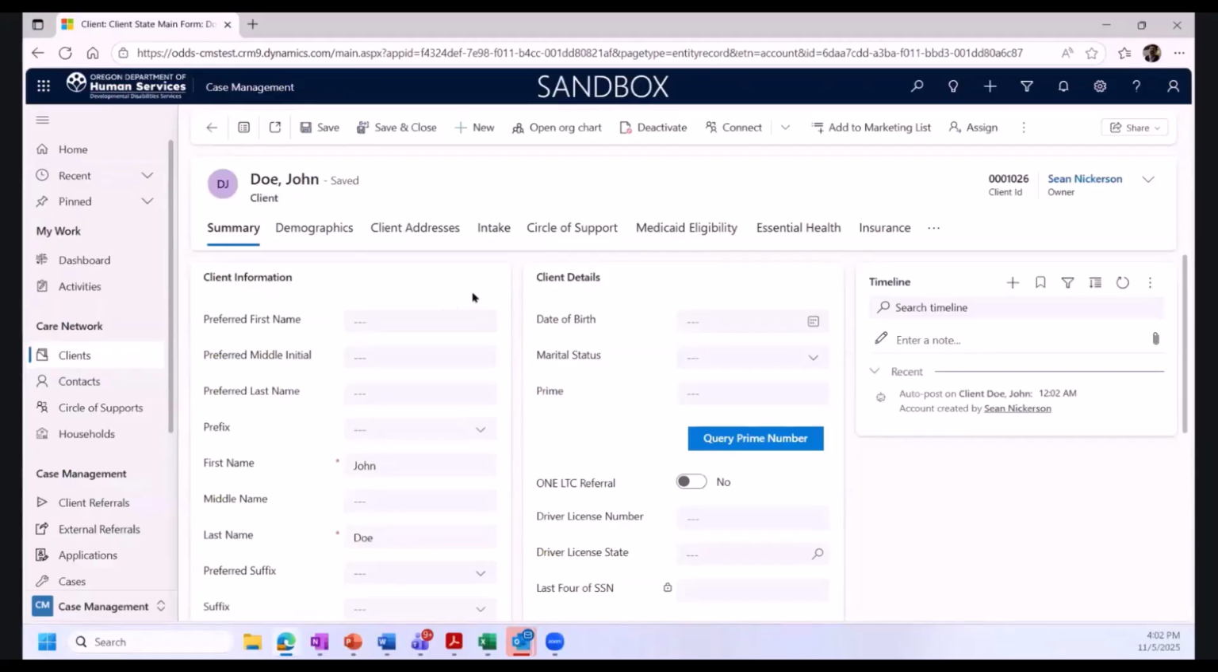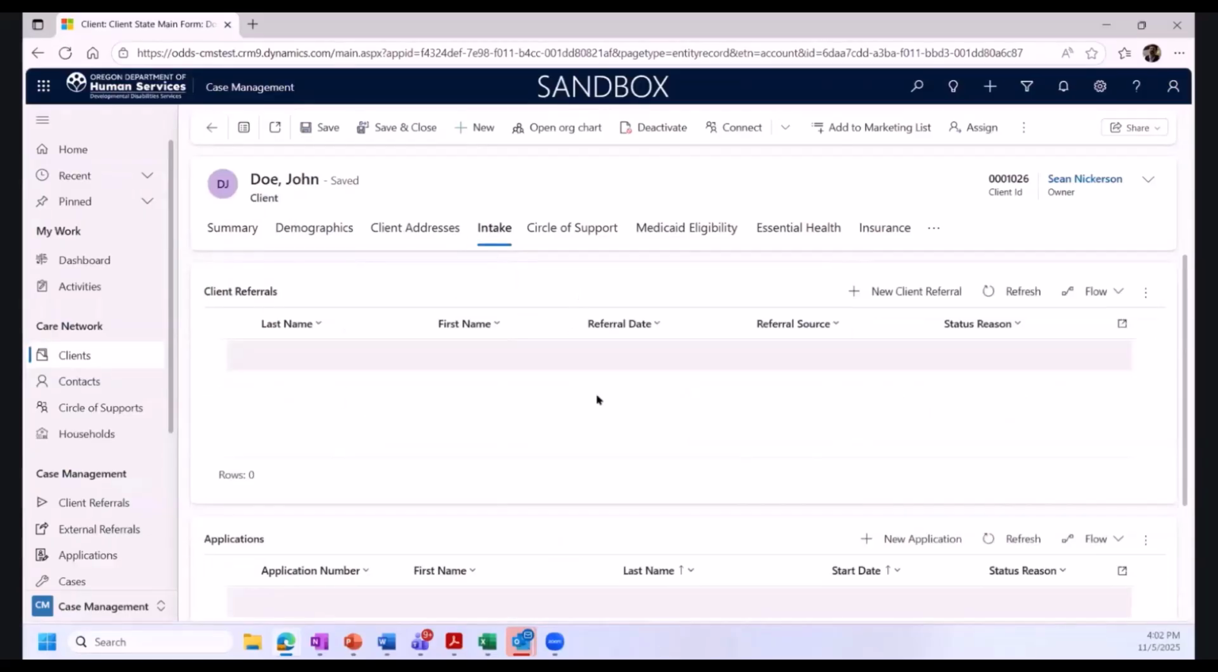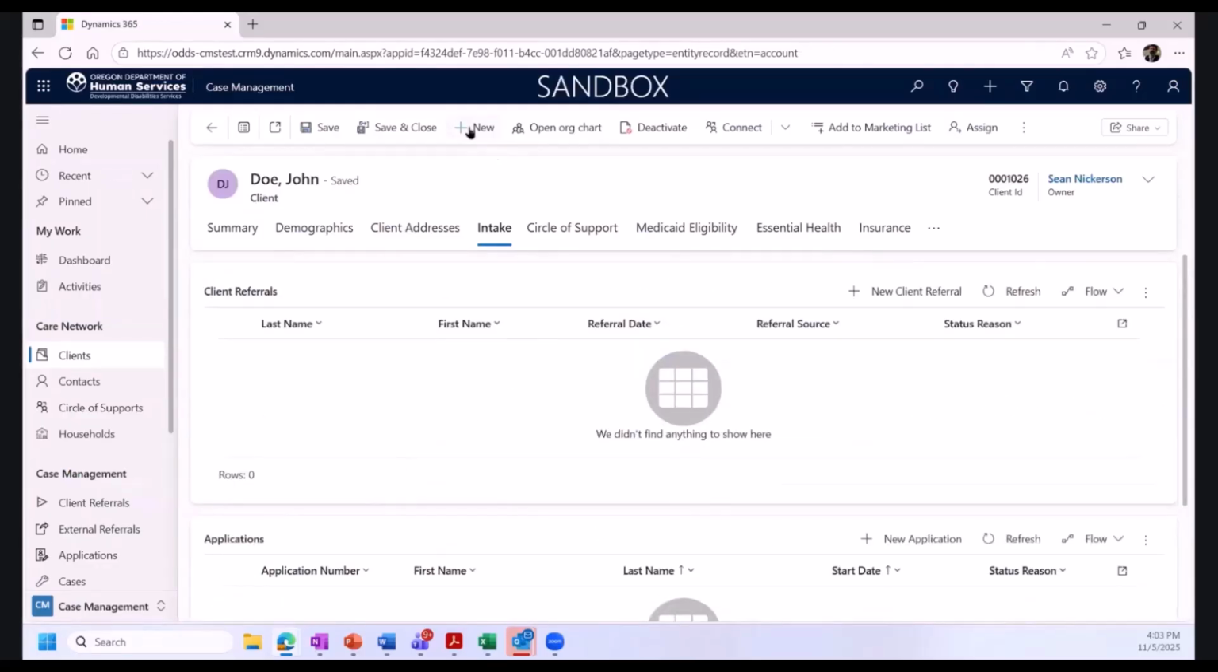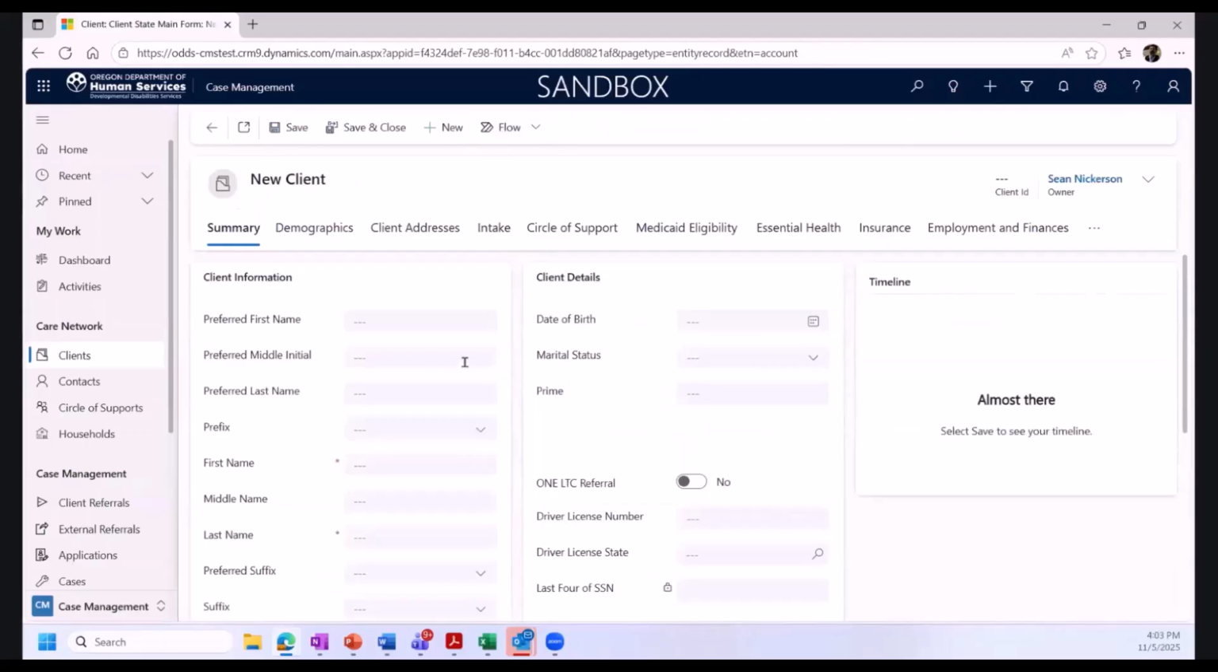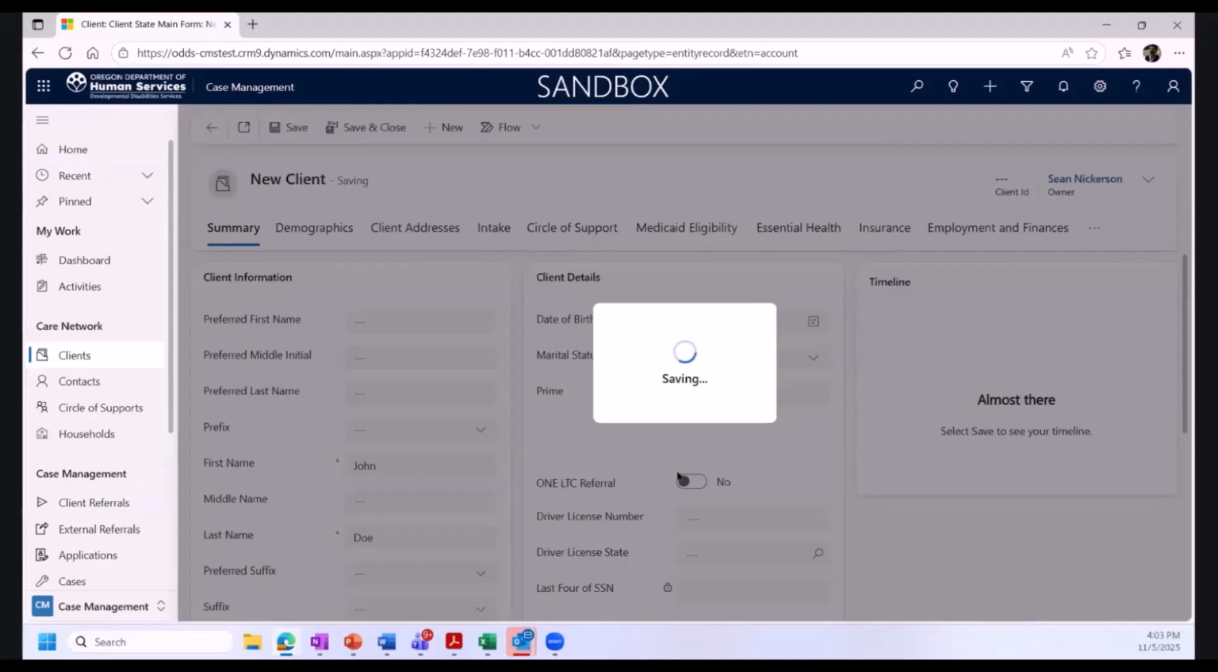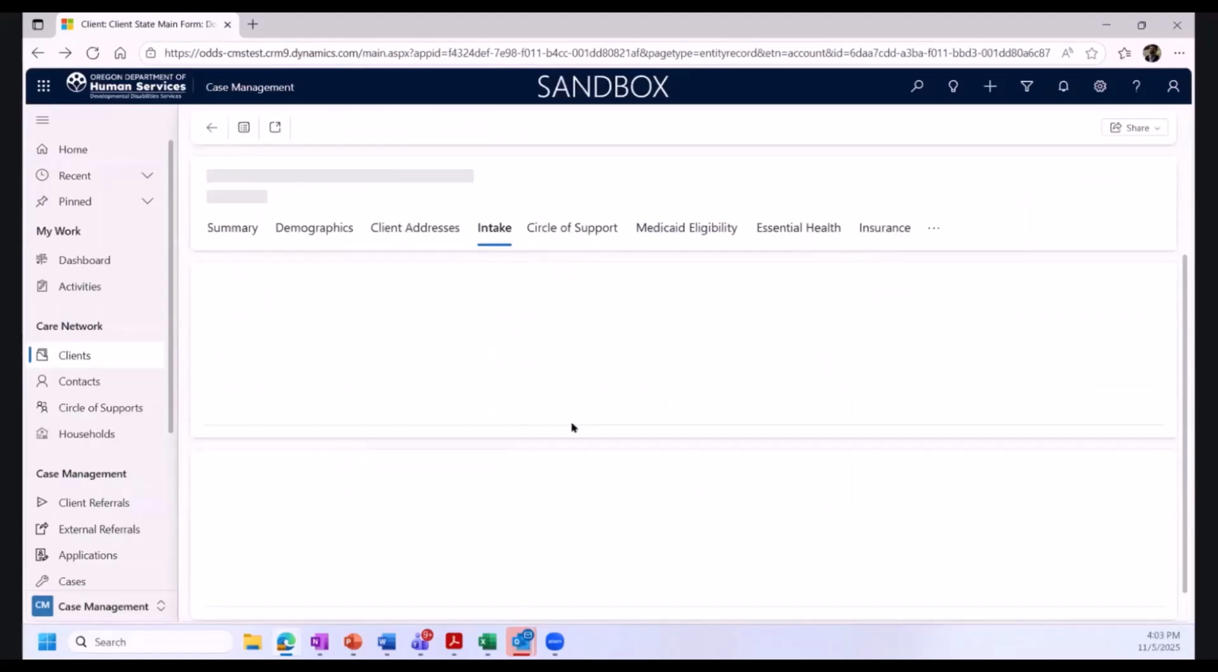So what I'll want to do is an intake for this individual. To be able to do an intake, I would have to go ahead and say new. I want to do a new intake. And I would want to say that I'm applying this guy's name, John, like I already did. Last name, Doe, I already did. I save and close. And then what will happen is